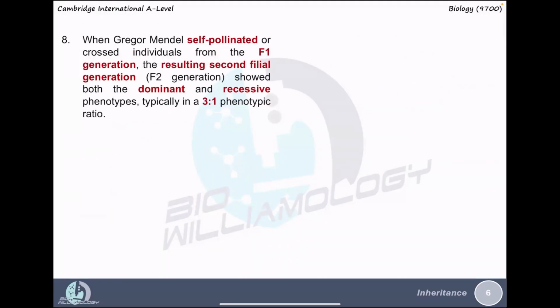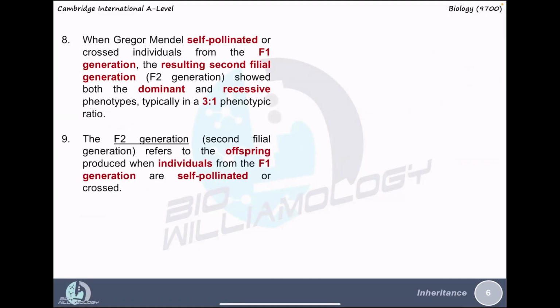When Gregor Mendel self-pollinated or crossed the individuals from the F1 generation, which are heterozygous, the resulting second filial, or F2, generation showed both dominant and recessive phenotypes, typically in a 3:1 phenotypic ratio. The F2 generation, or second filial generation, refers to the offspring produced when the individuals from the F1 generation are crossed or